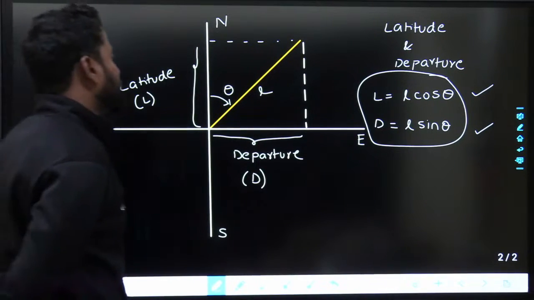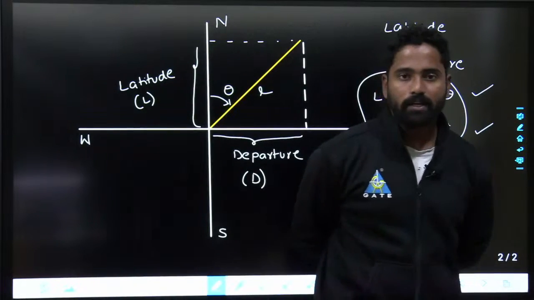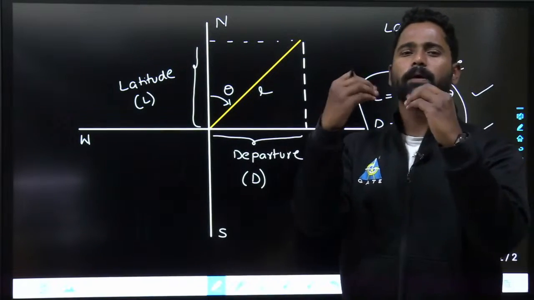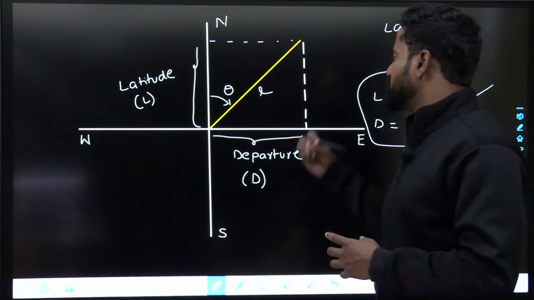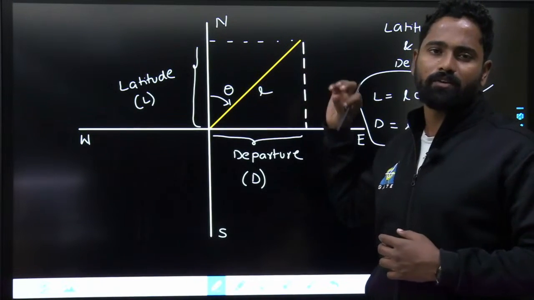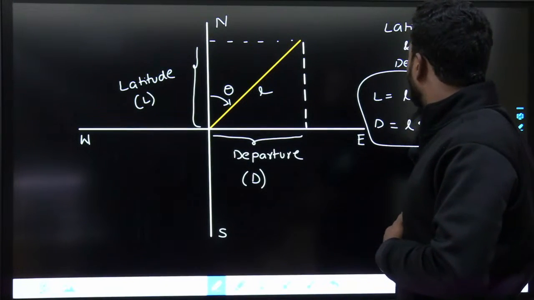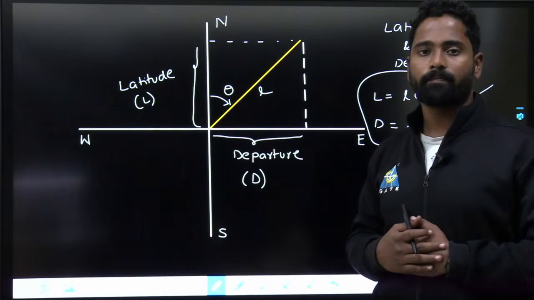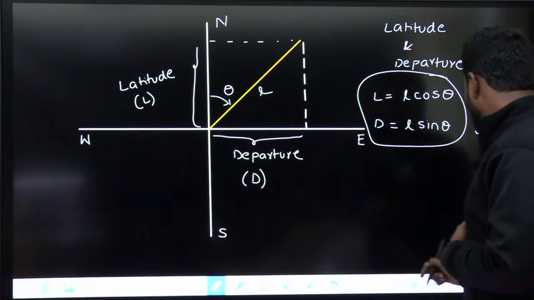Fine. So latitude L is equal to L cos theta, departure D is equal to L sin theta. Whatever the bearing that is given to you, whether it is 0 degrees, 90 degrees, 180 degrees, 270 degrees, just L cos theta, L sin theta will give you the latitude and departure. Fine. Now